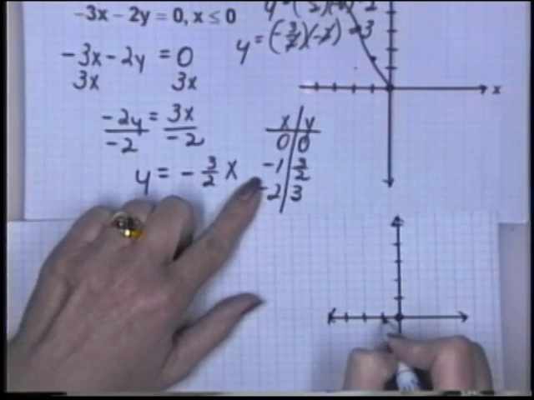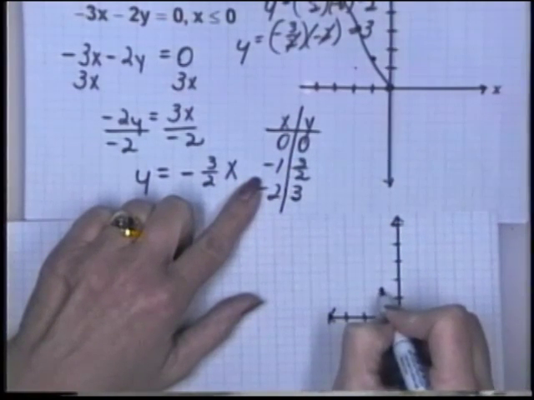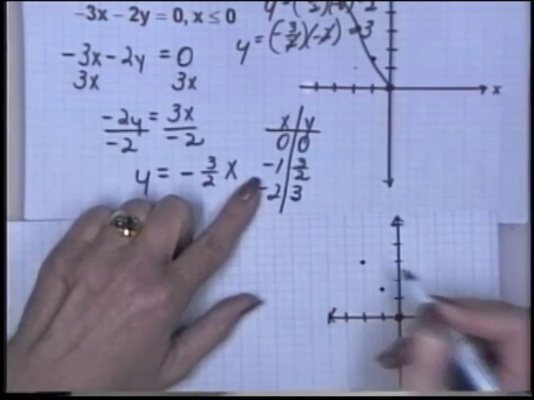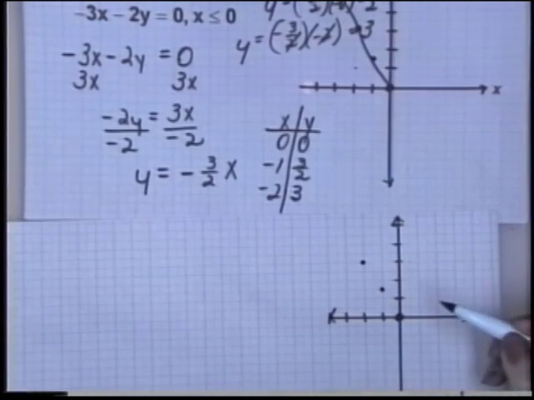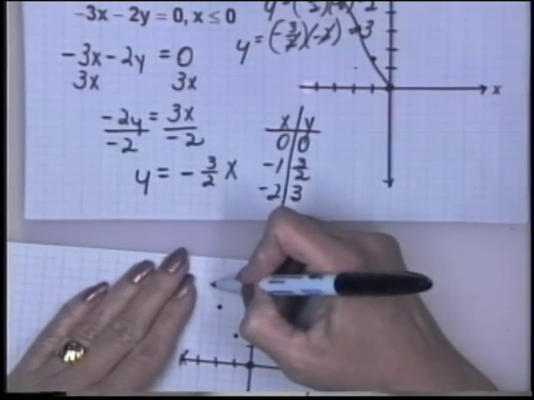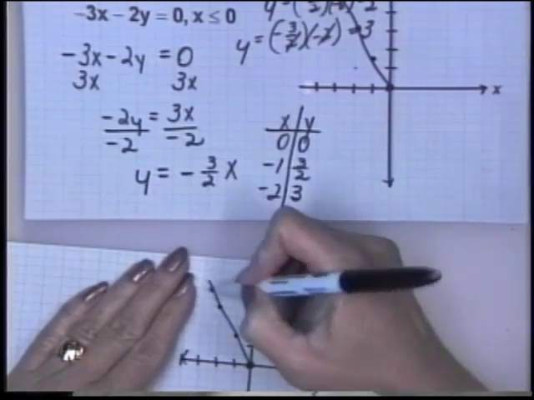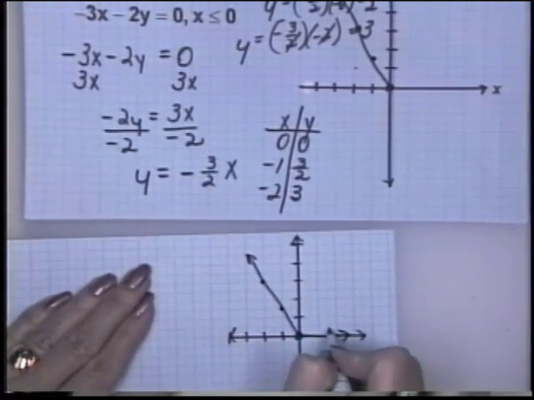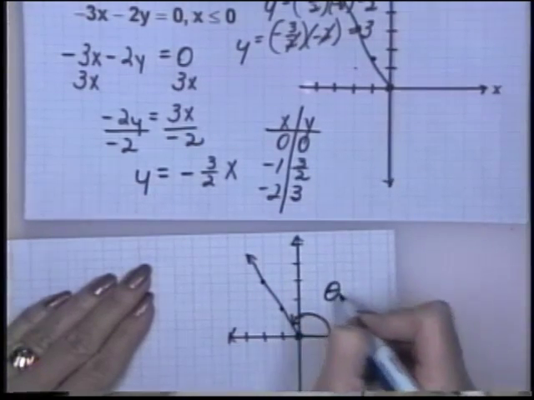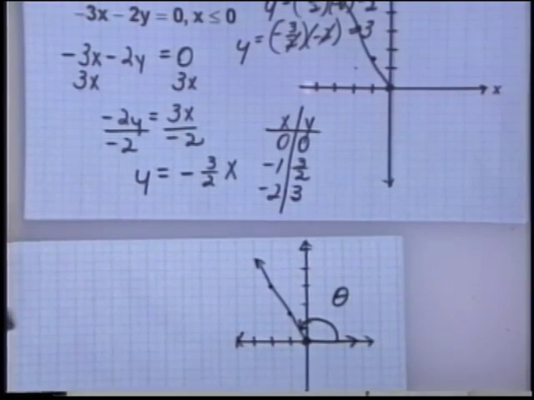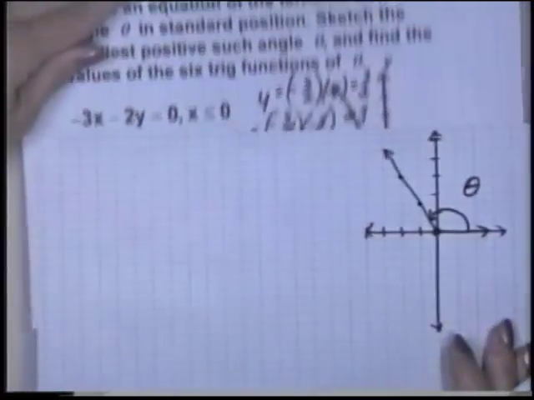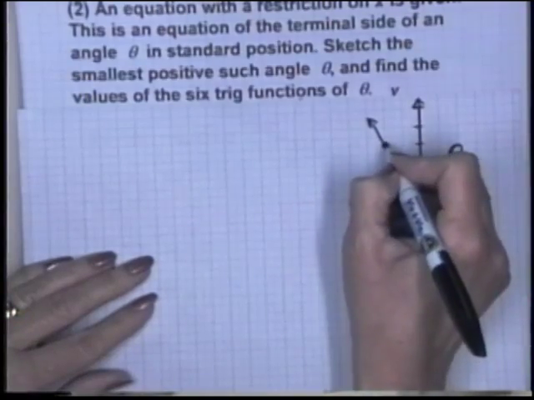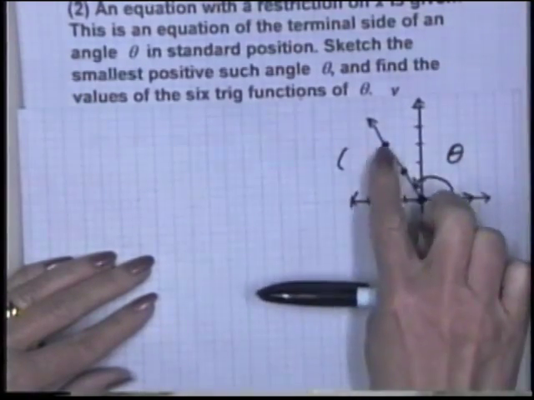So -1, 3/2 would be 1.5, and then -2, 3, 1, 2, 3. And so here's my terminal side. Of course, there's my initial side. So first I was supposed to sketch theta in standard position, wasn't I? So let's see here. There's my theta in standard position. I could choose either one of these points, but it looks to me that